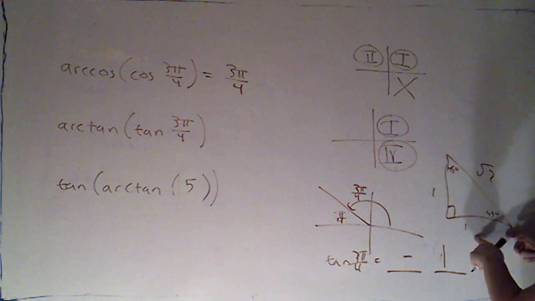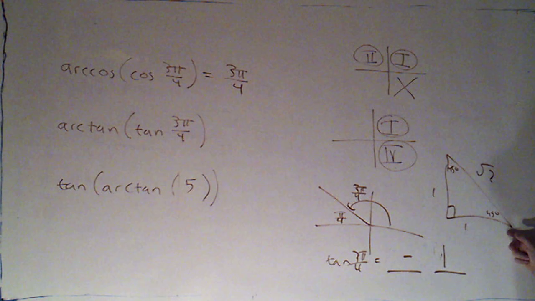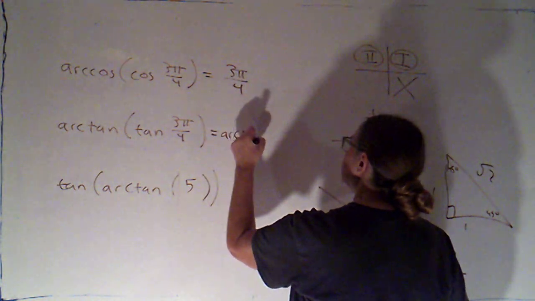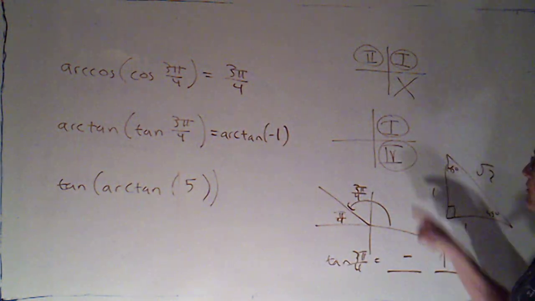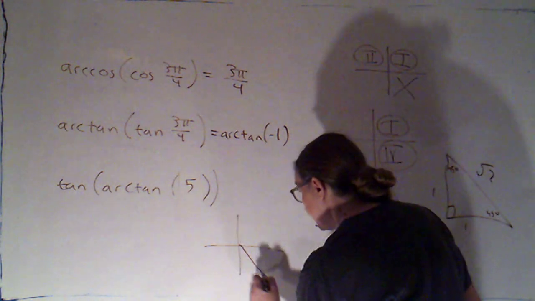Tangent is opposite over adjacent, and since this is an isosceles triangle, opposite and adjacent are the same. So this becomes arctangent of negative 1,